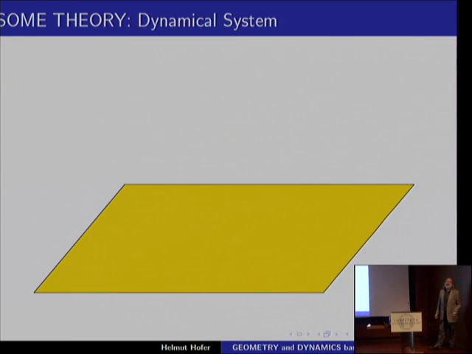So a physical system has states, and the mathematicians would describe them as points in a space. So this here is, in this case, simply a plane, and you should think of this as every point here would represent a state of some physical system. So in practice, a state would be described by a bunch of numbers, let's say. So at this point, we describe the different states of a system, but now, of course, we know in a physical system, the states will change over time.